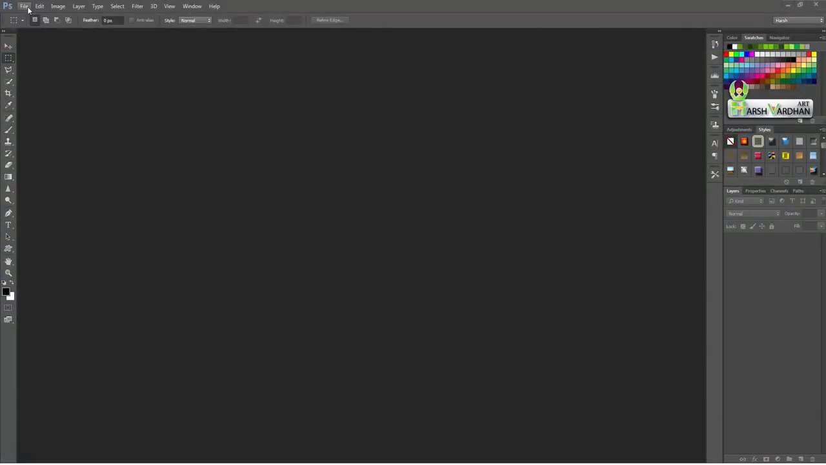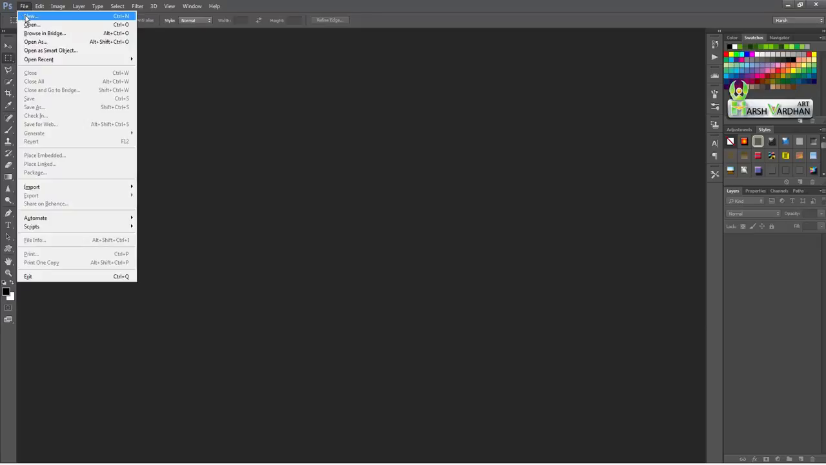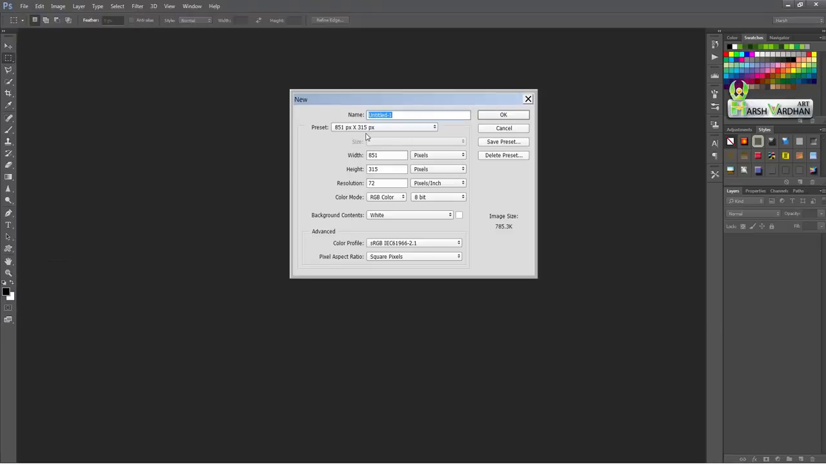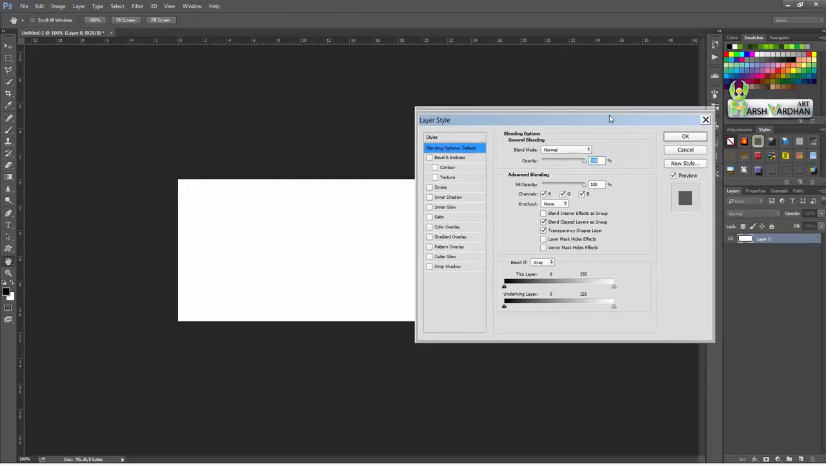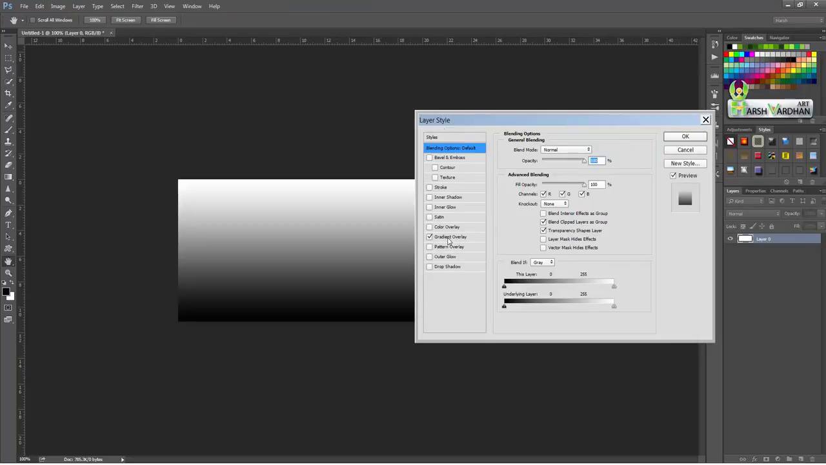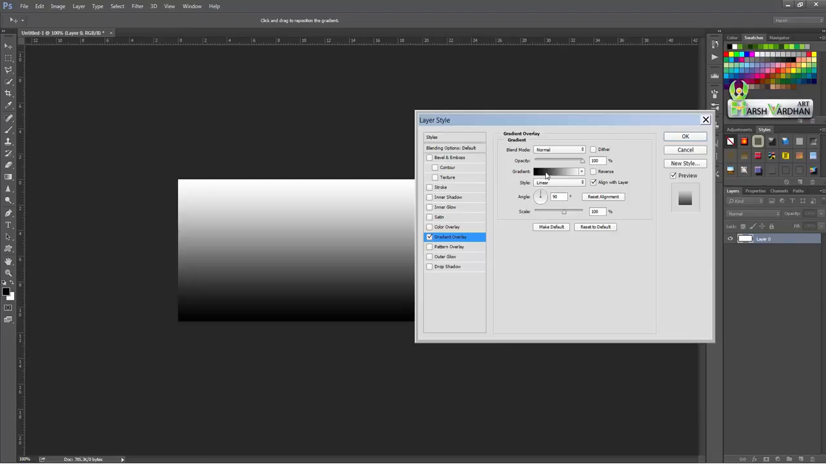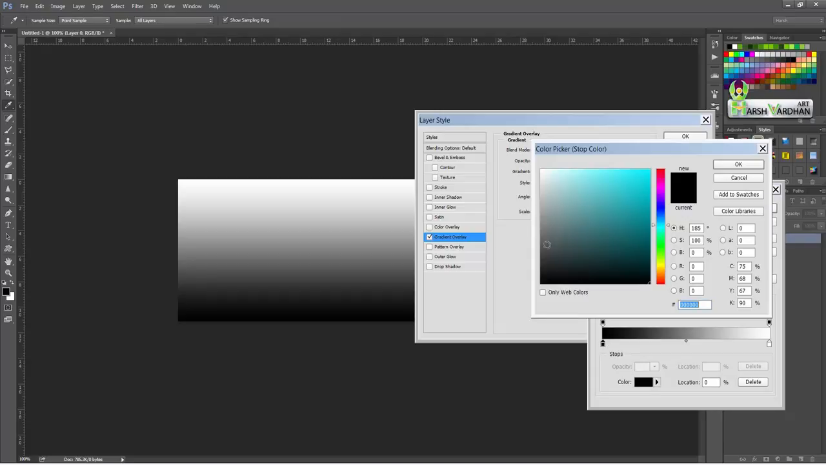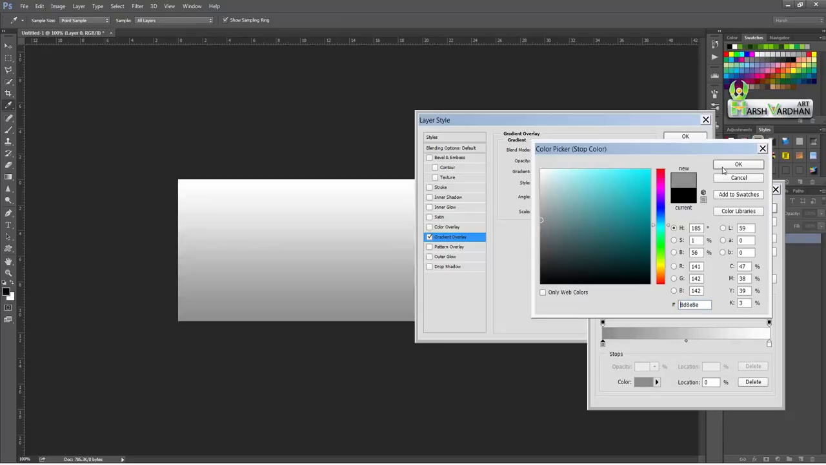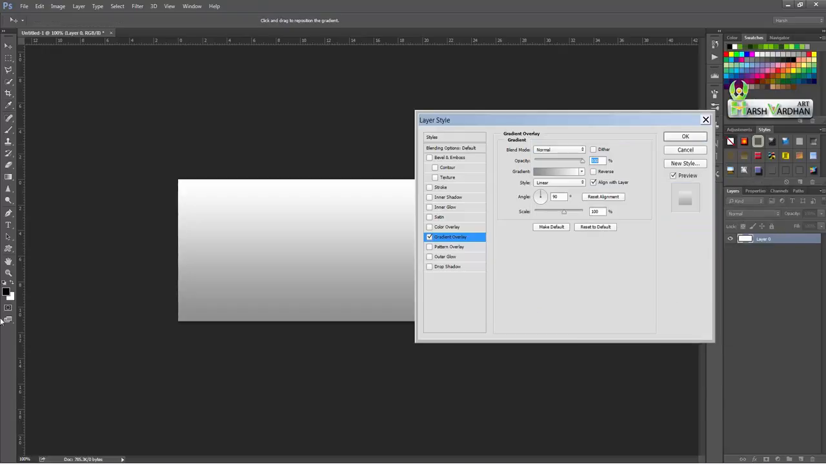Alright, first thing first, create a new document, go to File, press New, type the dimension 851 by 315, resolution 72 pixels per inch, press OK, double click this layer and it will open the layer style options. Go to the gradient overlay, tick it, double click this gradient and click this black color, take it somewhat a gray color, press OK, press OK,